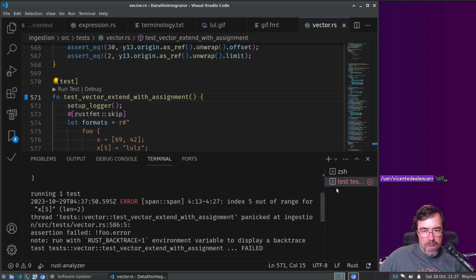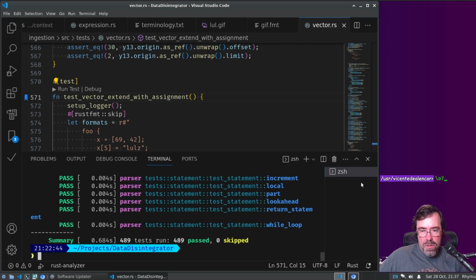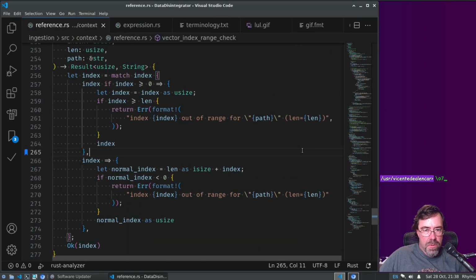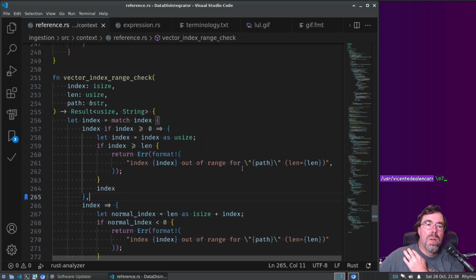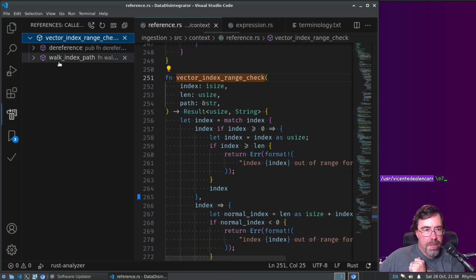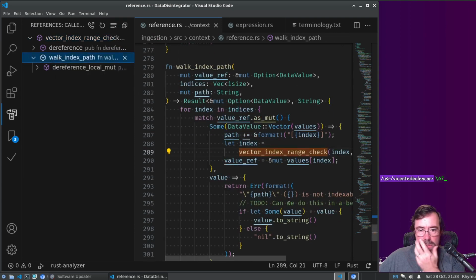Length equals 2. Okay. So this is used in two different places, right? Yeah, dereference and a walk index path. Okay, so